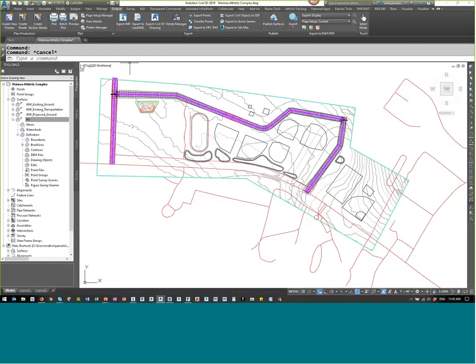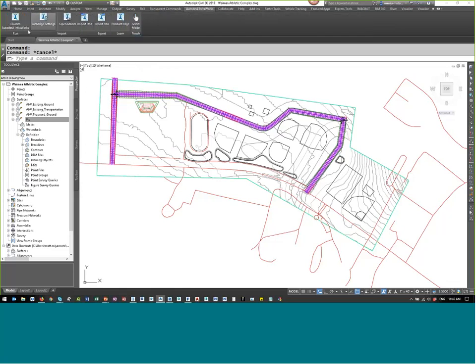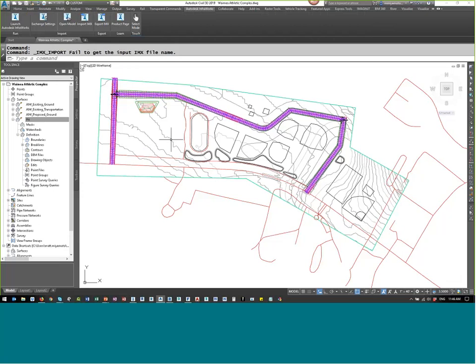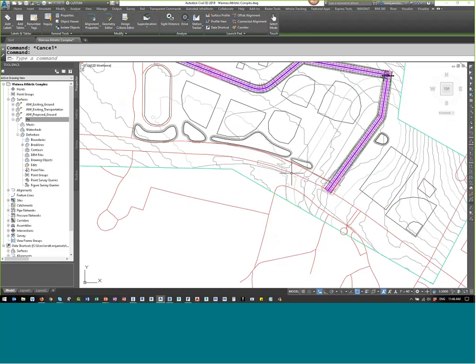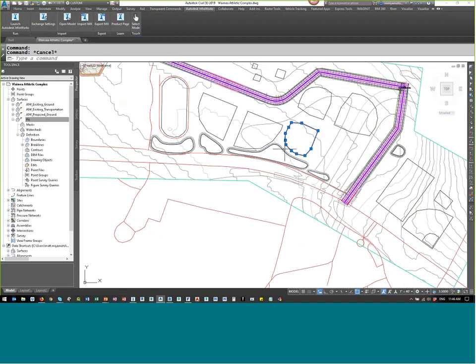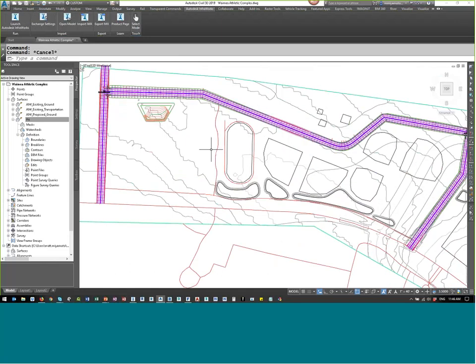Civil 3D. So in Civil 3D, I started a brand new drawing, gave it a coordinate system, and then from here I have the option of using Infraworks to open an Infraworks model or import an IMX file. And that IMX file would then generate what you see here, which are surfaces. I have Civil 3D alignments for all of the road center lines that were brought in from Model Builder. I have 3D objects and entities from the pond outlines. I have 2D entities from the field outlines that I had created, and I can use this to supplement or